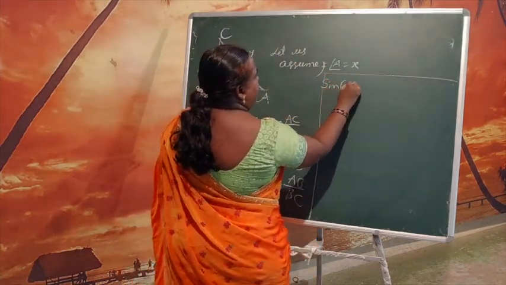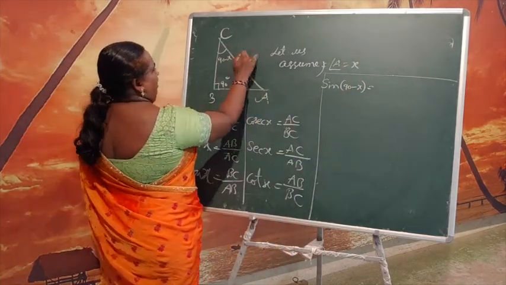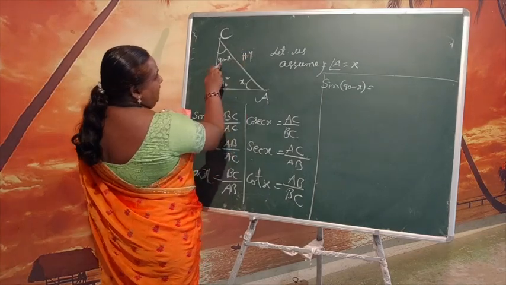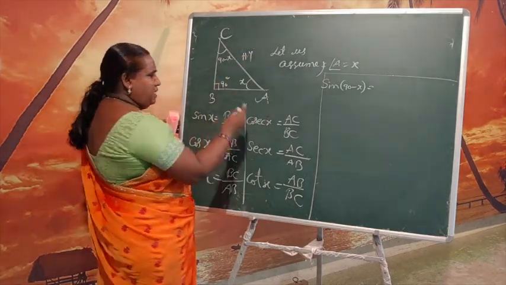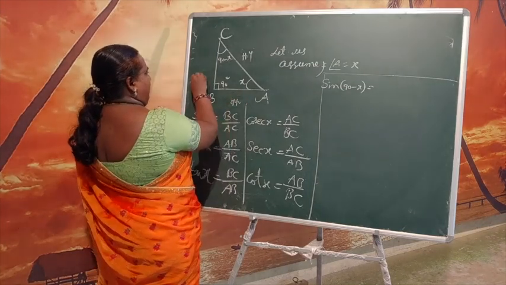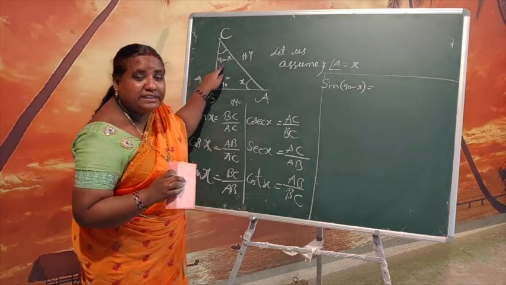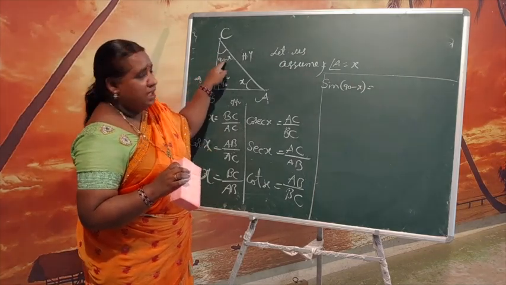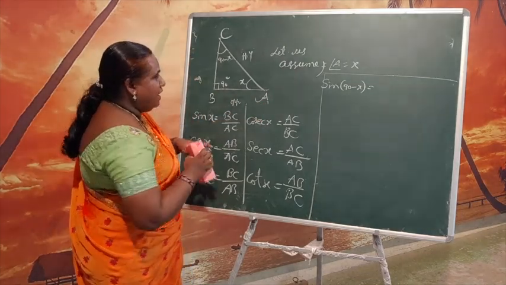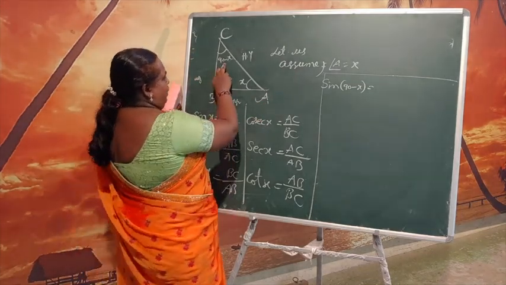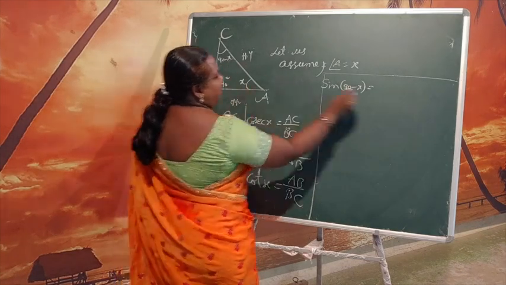Now observe sin 90 minus x. Now we have to focus on this. The hypotenuse is the same. For 90 minus x, the opposite side is now AB. So you draw another diagram or you observe carefully. Why am I changing the sides, you know? What angle am I focusing on now? 90 minus x. So for that, the opposite side is AB, adjacent is BC. Now focus on this sine value: opposite by hypotenuse, AB by AC.